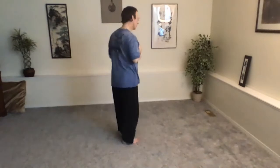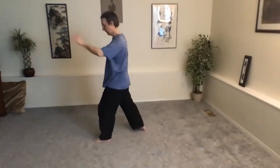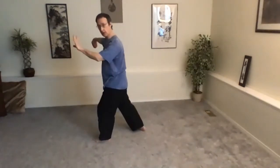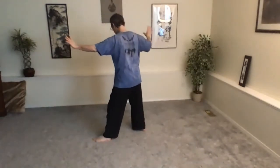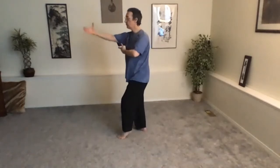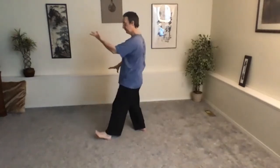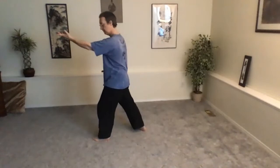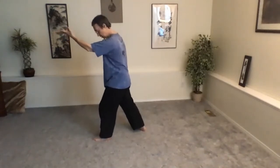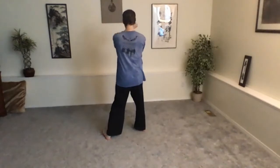Let's do that one more time. The whole little sequence there. Single whip, going into high pat, peeling out the front foot, touching down, scooping through and forward and up, switching the hands, step, cross hands to penetrate, shifting back, turning on the left heel, facing the front wall, right wrist comes in front